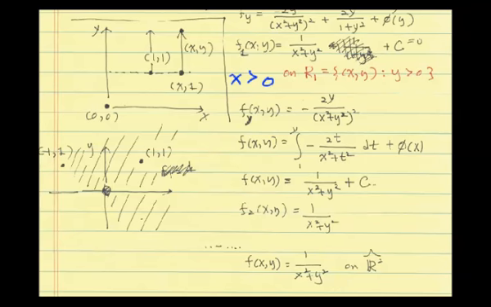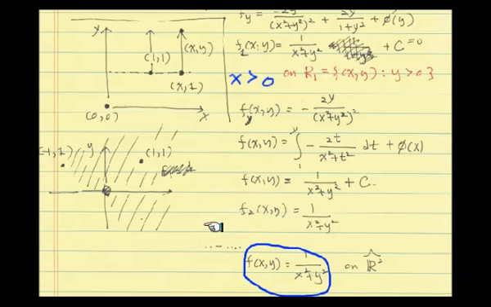And then if you compare with a different function, if you go across the horizontal, starting from negative 1, 1, we have 1 over x squared plus y squared, and vertically we have 1 over x squared plus y squared. They perfectly agree, so we can just take 1 over x squared plus y squared and define it everywhere here. If you do the same method, you will discover there's no problem just going across and extending our function from this vertical and horizontal integral method all the way around. So there's no problem with that. So it is actually the answer right here. As you see, that is the potential function of the vector field.